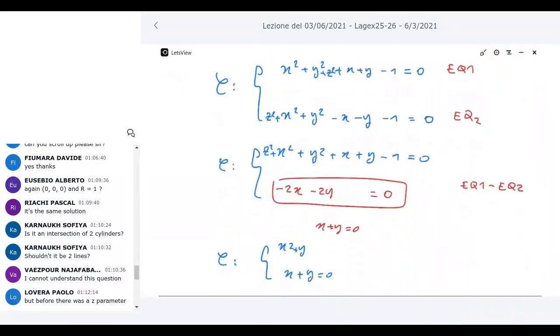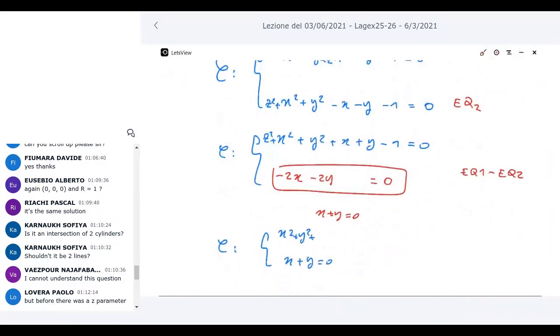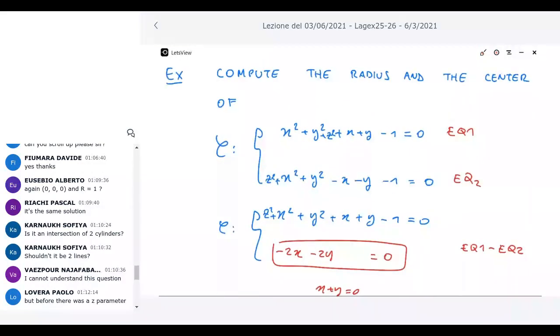Now I understand why some of you were confused. And so we get the same situation we got before: radius 1, center 0, 0, 0. Okay, so my bad, there was a z squared missing at the beginning. So this is why